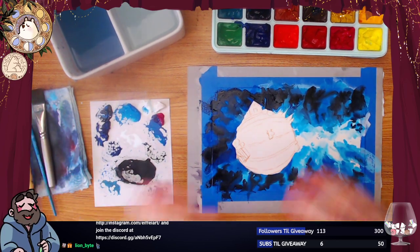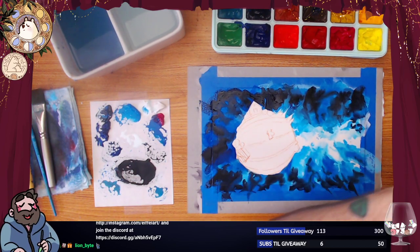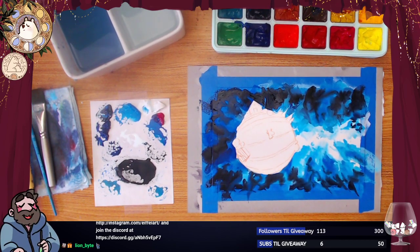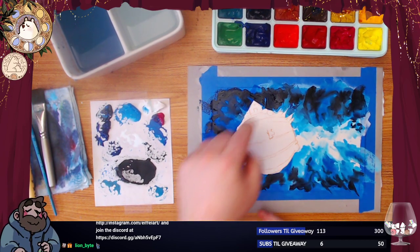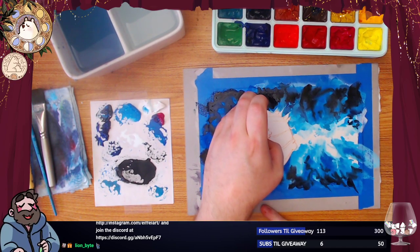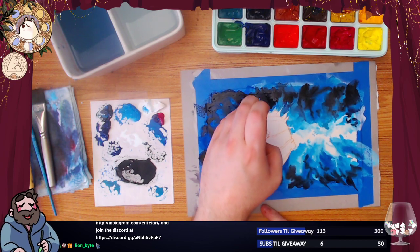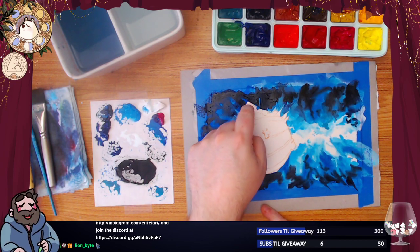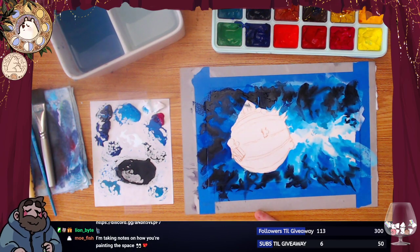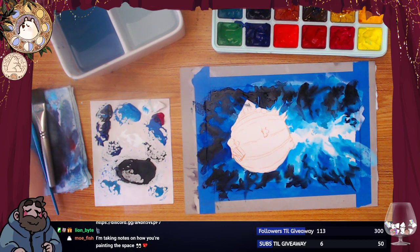So now we've got the basic background figured out. Now I can start working on this cute little planet. Little black speck there. I want to make sure that that is smudged out and dry before I paint over top of it. Now,